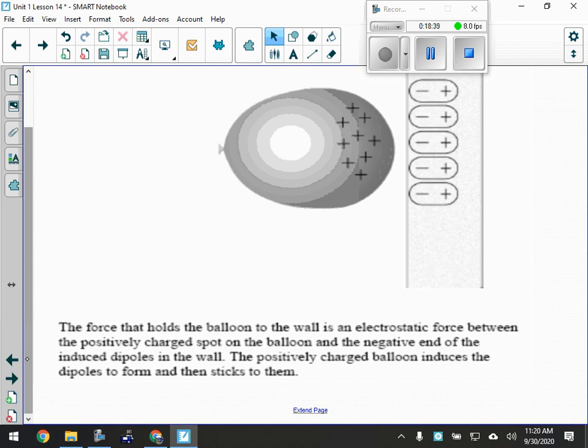And then, as you know, what happens to the balloon eventually? It falls, right? Because that force wears off. Same kind of thing with those. All right. Now,